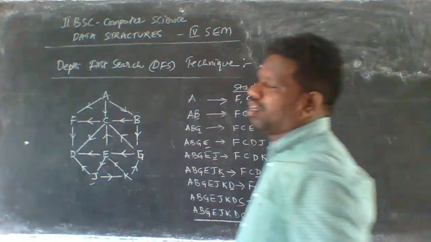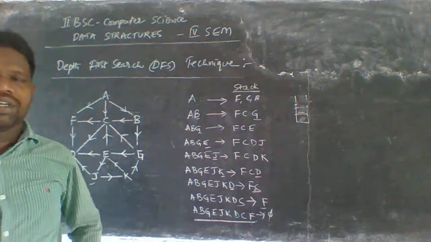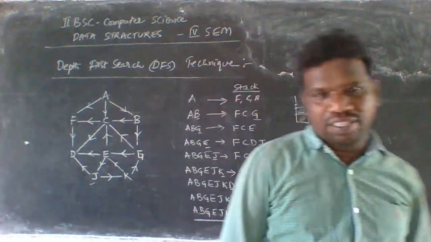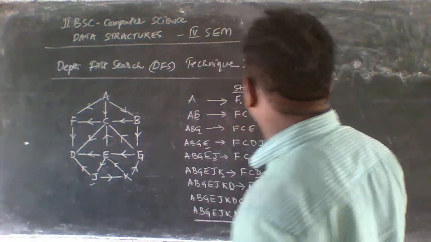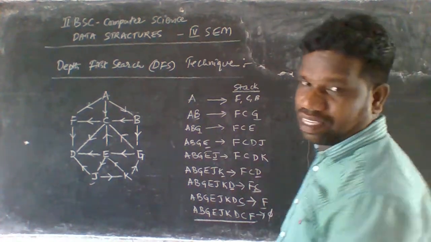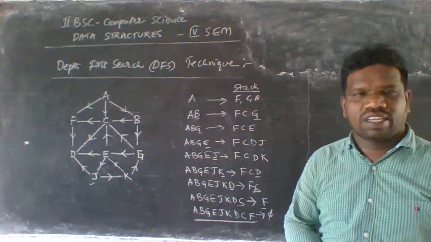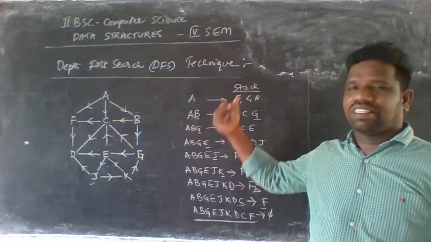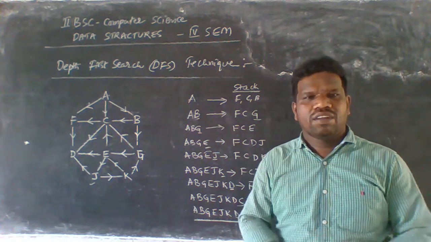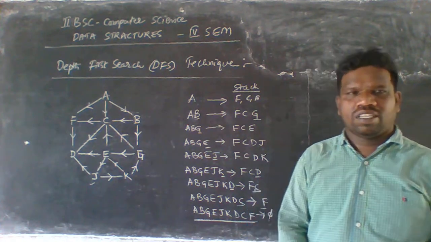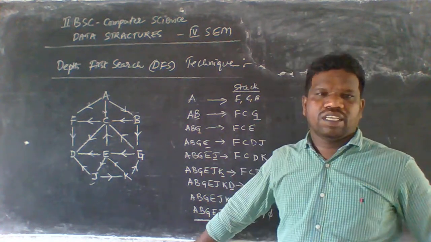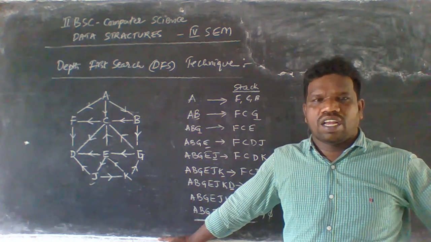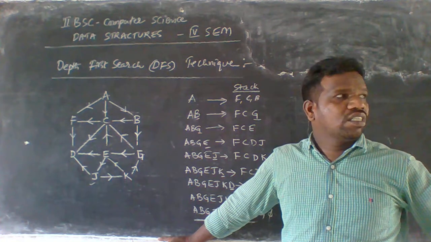Okay, so this is called as a depth first search. So in the graph traversal techniques, there are two types of graph traversals available here. They are BFS and DFS. BFS works with the help of queue operations, and DFS works with the help of stack operations here. Okay, the main difference between DFS and BFS is that BFS follows the FIFO manner, first in first out, and DFS follows the LIFO manner, that is last in first out here.